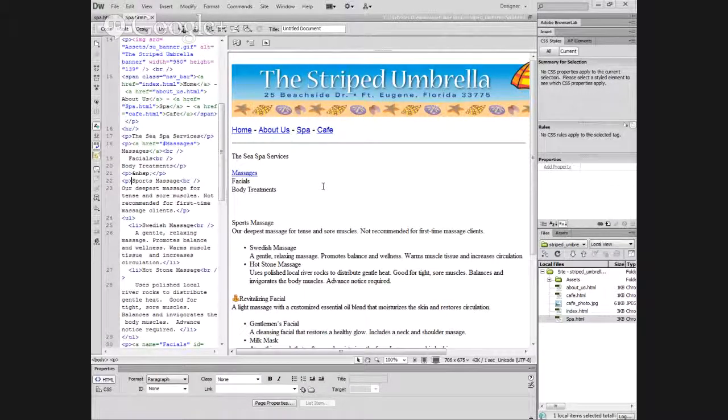Okay, we are starting on the striped umbrella. We're going to talk about cascading style sheets, and I'm going to review over anchor points for a cascading style sheet. What it is, it is a group of